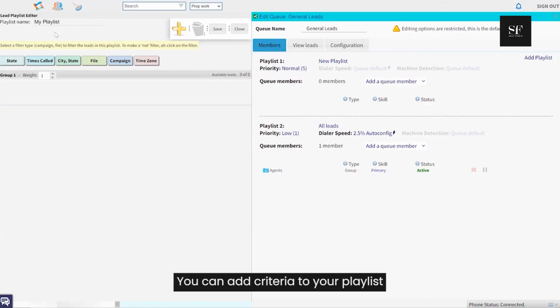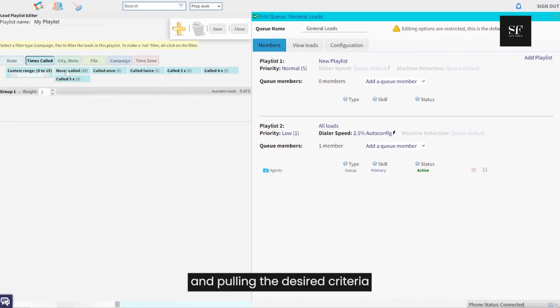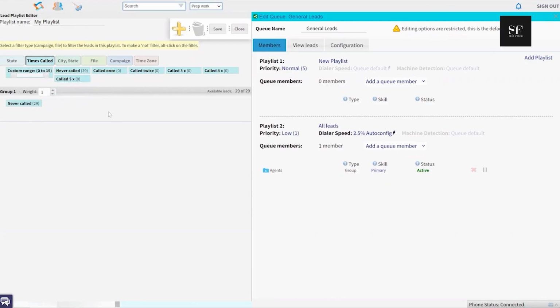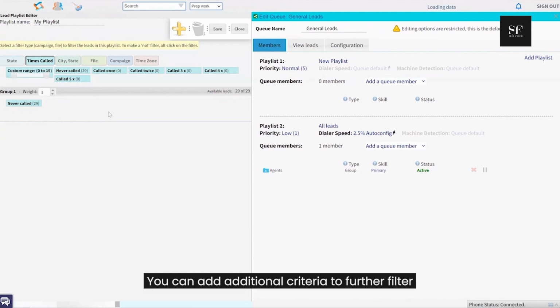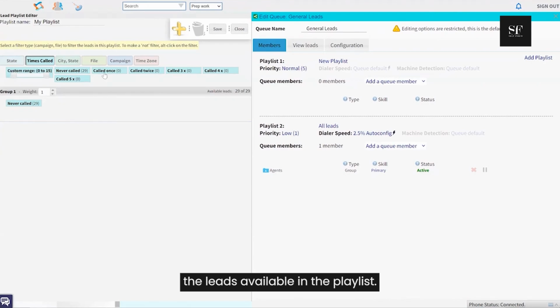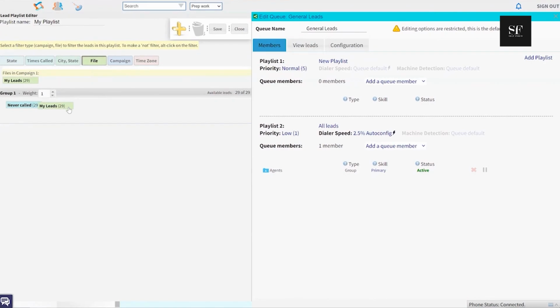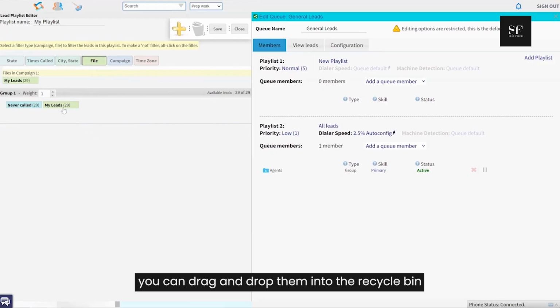You can add criteria to your playlist by selecting the criteria name, such as times called, and pulling the desired criteria, shown here as never called, into the first group. You can add additional criteria to further filter the leads available in the playlist. If you want to remove criteria, you can drag and drop them into the recycle bin next to the gold